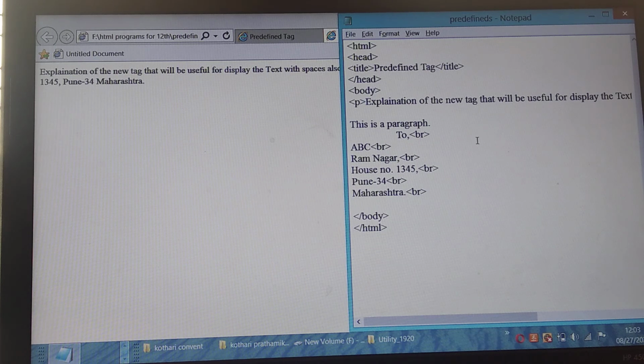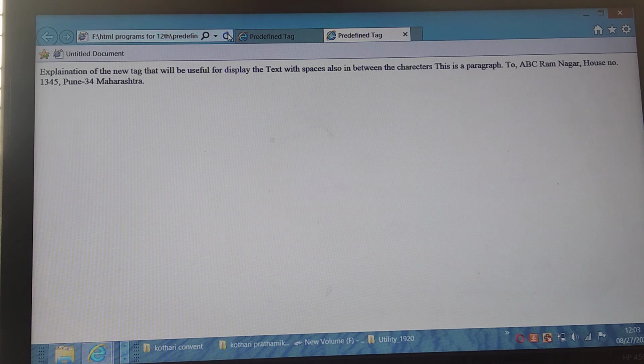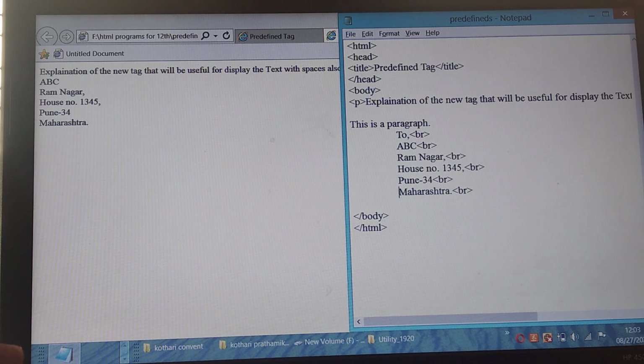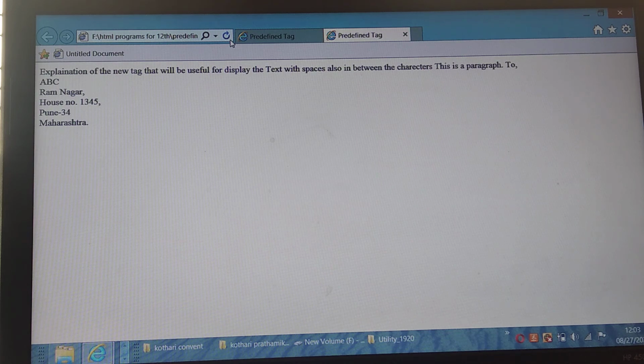Saving the document, Control S is useful for saving. If I refresh the output screen, you can see the output on different lines. But here if I want to leave some spaces, then what will happen? After saving the document, nothing will change at the output screen.